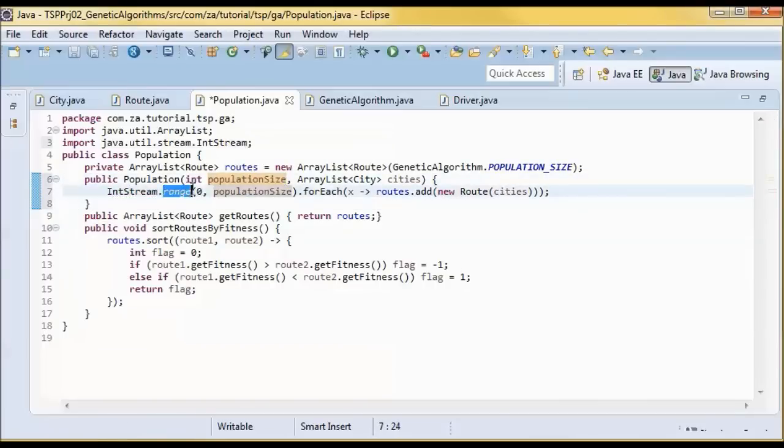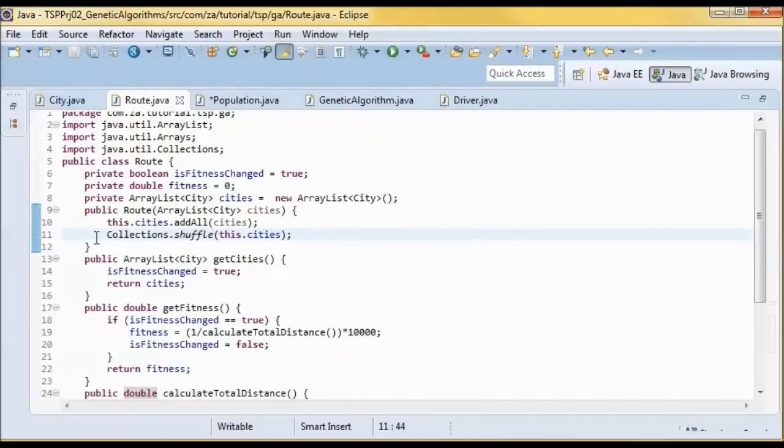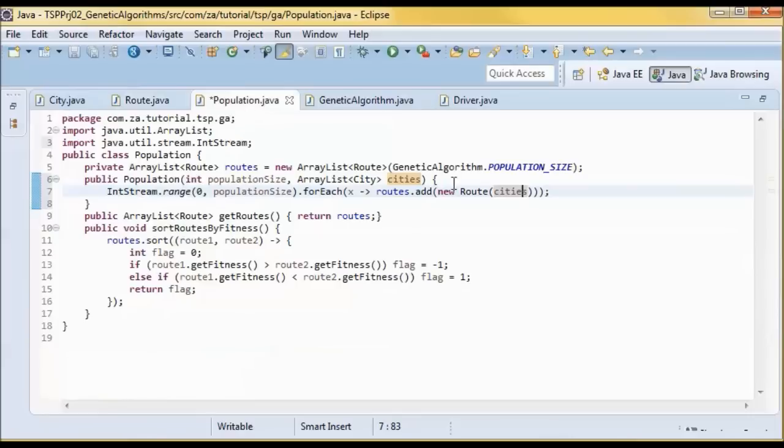So we're using range from 0 to population size, and then for each, we're adding a new route instance given the passed in array list of cities. And if we go here, we end up shuffling those cities in that array list.